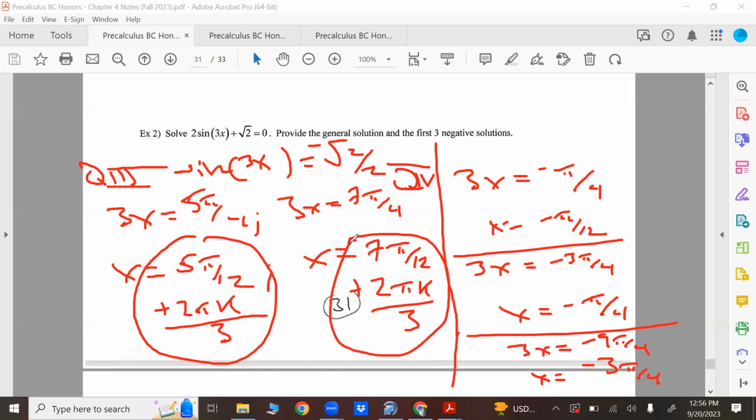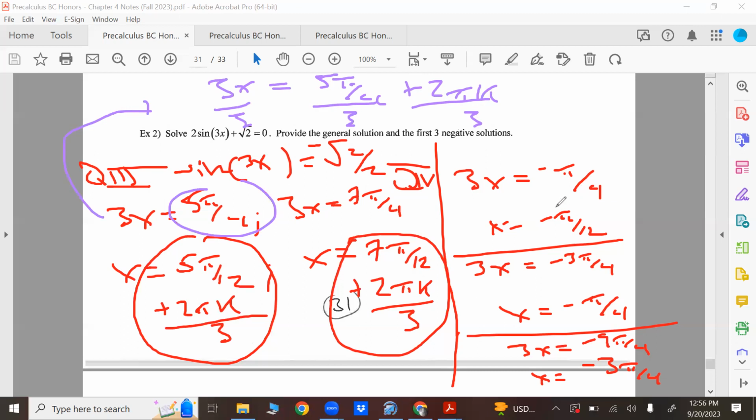Technically, here's what's happening. Your general solution truly is this. When I solve this part, right, 3x equals 5 pi over 4 plus 2 pi k. That's truly the general solution. But then when I divide by 3, guess what? This gets divided by 3, and that gets divided by 3. So you do have to take the coefficient of x and put it below the 2 pi k to make this actually accurate. Plus the fact that 5 pi over 4 and negative